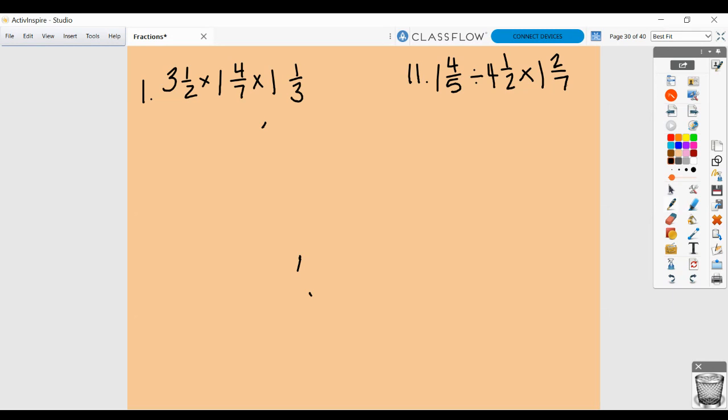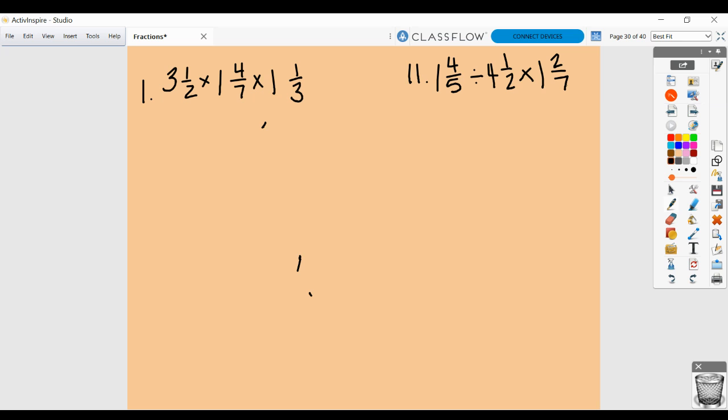Okay, this video is on multiplying and dividing mixed numbers. And these 4 example problems come straight from your homework. All right, so number 1 is 3 1/2 times 1 4/7 times 1 1/3. Again, you want to change all of these into improper fractions because then it will just make it a lot